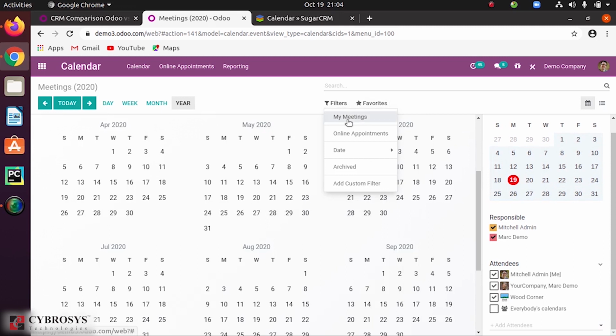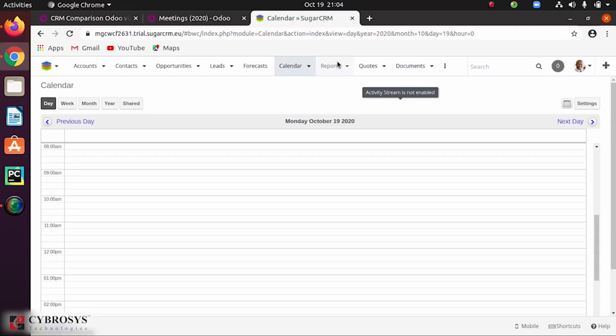In the filter also the options are my meeting, online appointments, dates and all. And other also online appointments reporting also we have, that is viewing all the online appointments. For that also we have the options under reporting.